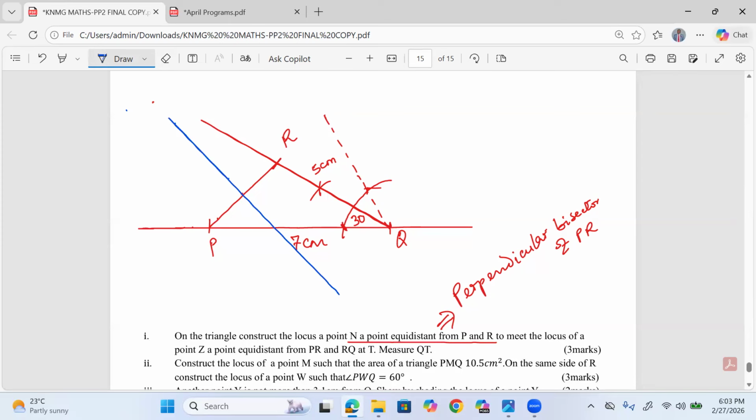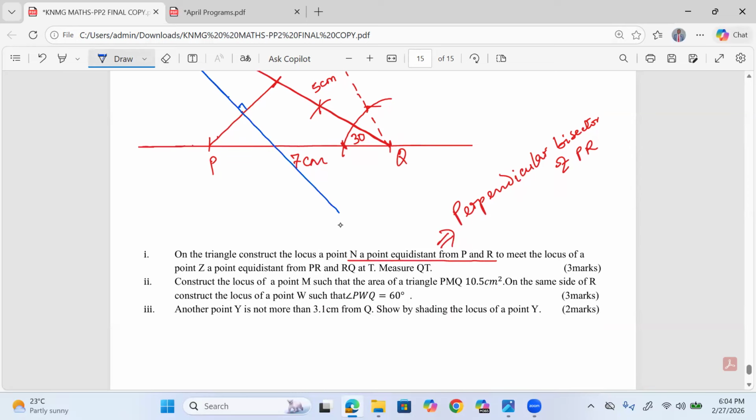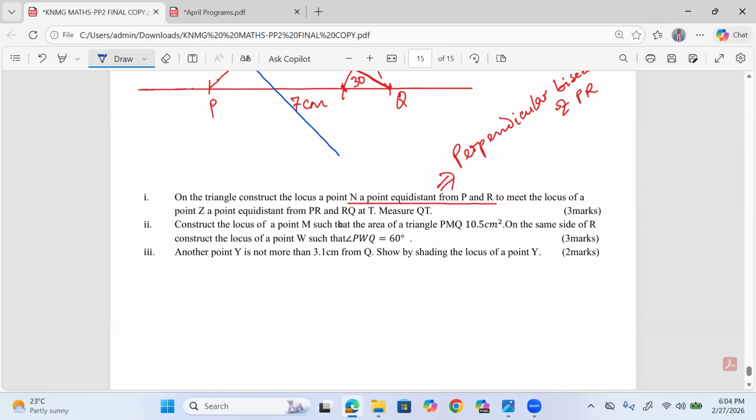This is the locus of N. Yeah, a perpendicular bisector to PR. That's the locus of N. Then when we talk about a locus of points that are equidistant from two lines